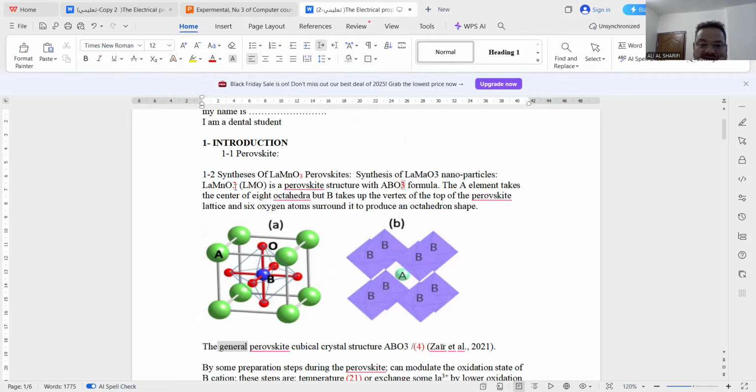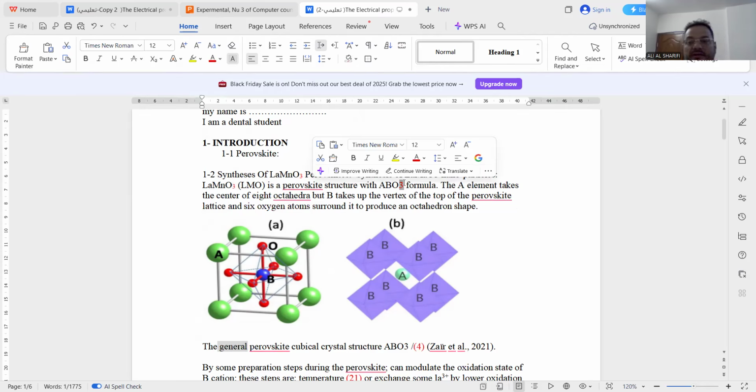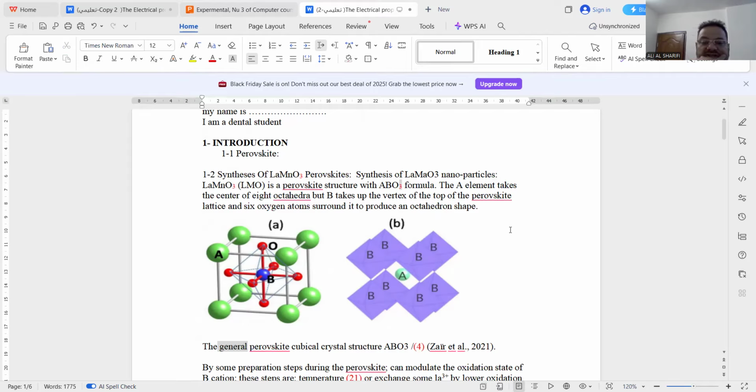The same thing with this 3. These 3 atoms should be a little bit down. The shortcut of lanthanum manganese oxide. The formula of this structure, these 3 atoms should be a little bit down. Here it explains what each letter means. The figure which illustrates the structure of this shortcut,